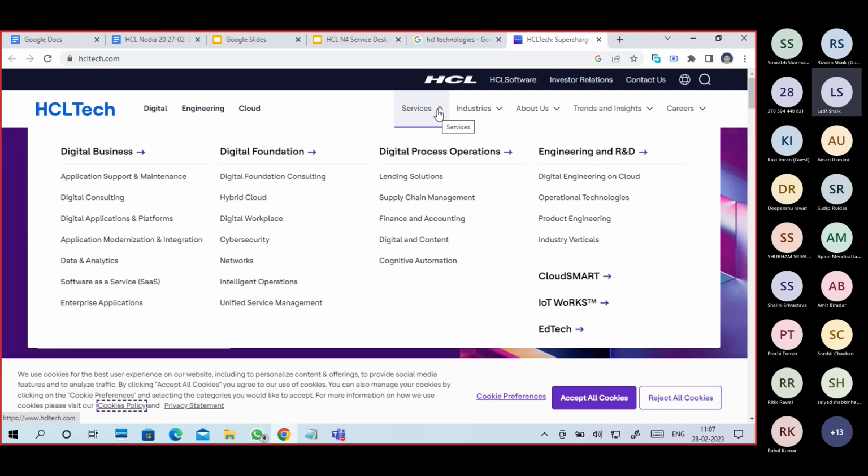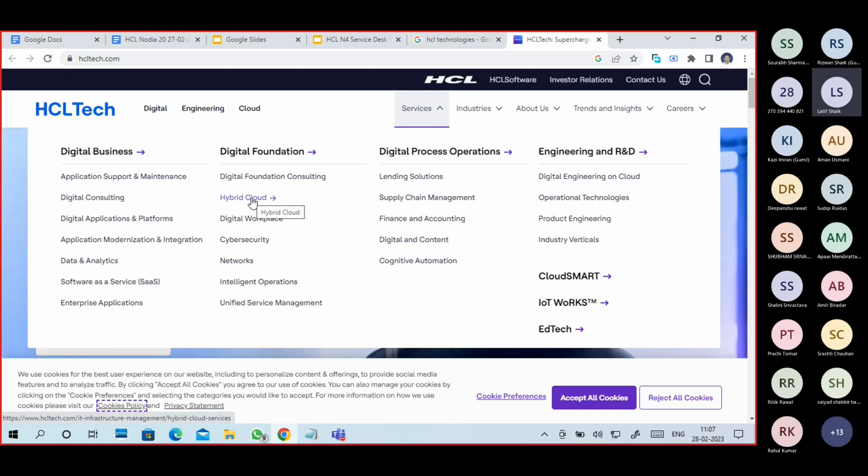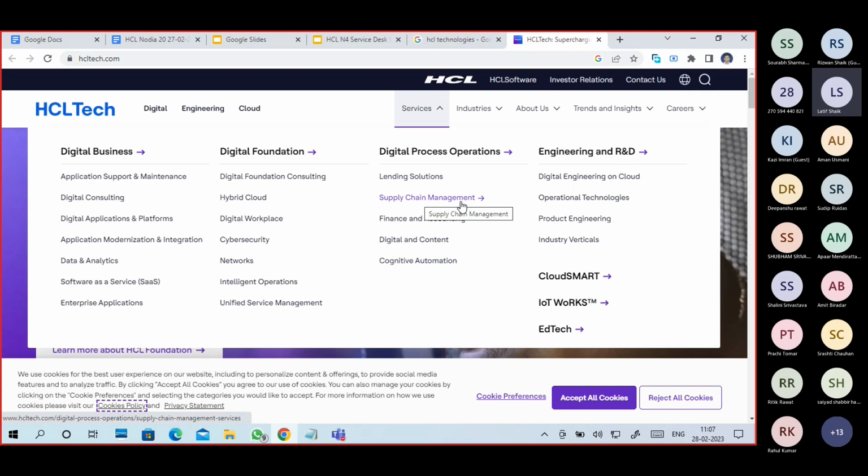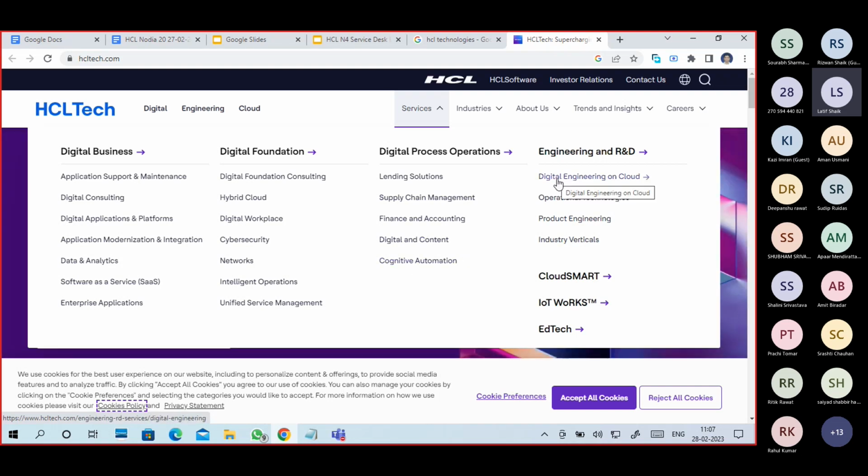Application support and maintenance, digital consulting, digital application platform, data and analytics, application modernization and integration, software as a service, enterprise applications, hybrid cloud, cyber security, networks, supply chain management, finance and accounting, digital and content, cognitive automation, digital engineering on the cloud, cloud smart, product engineering, industry verticals.